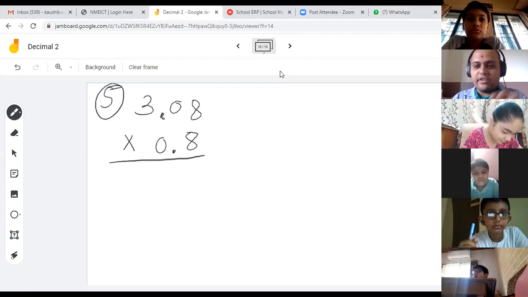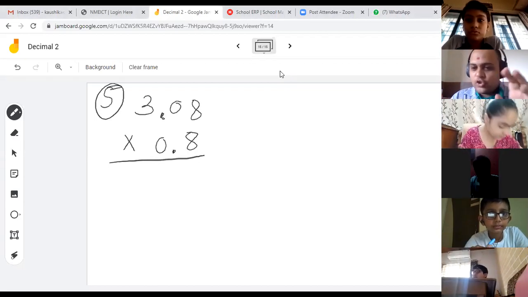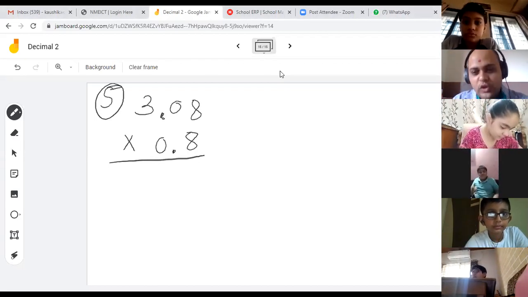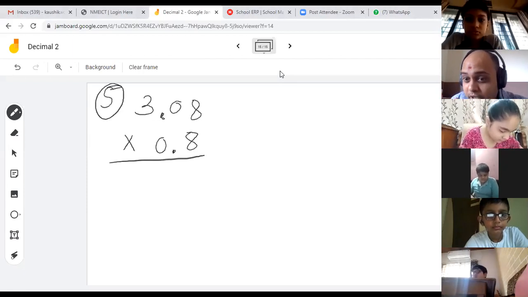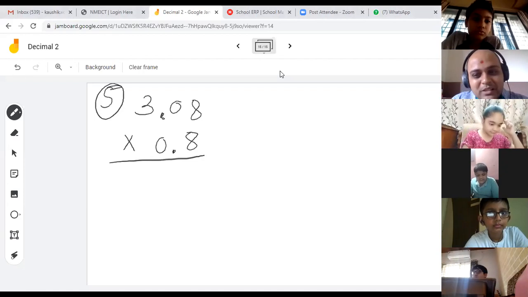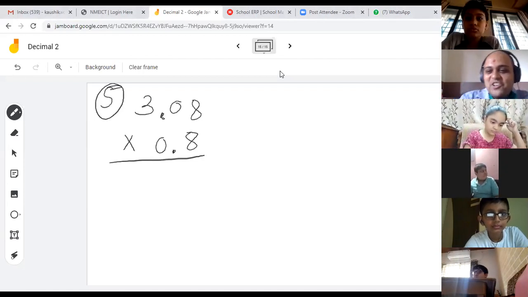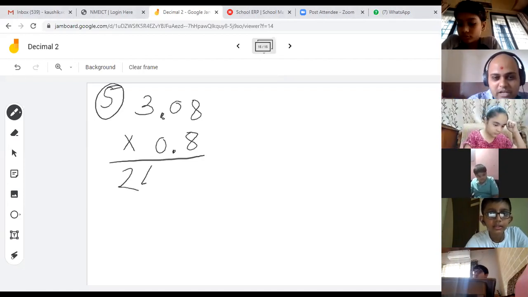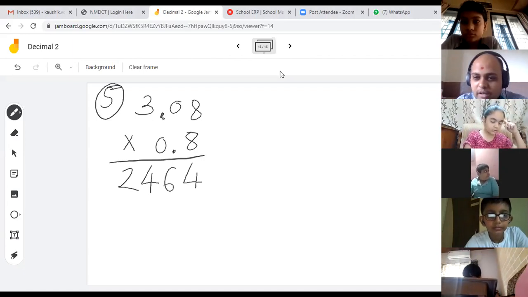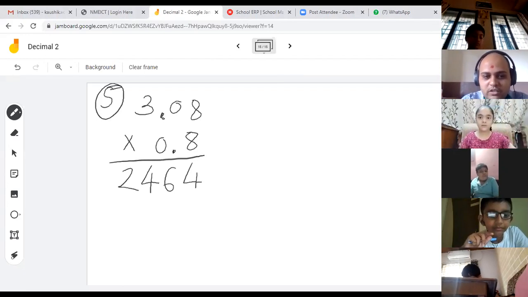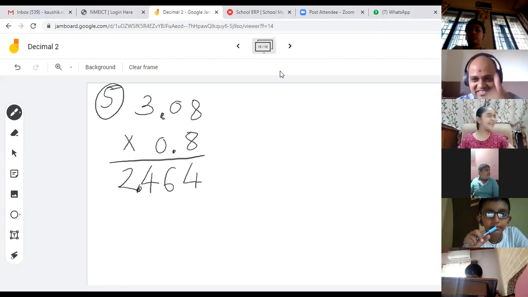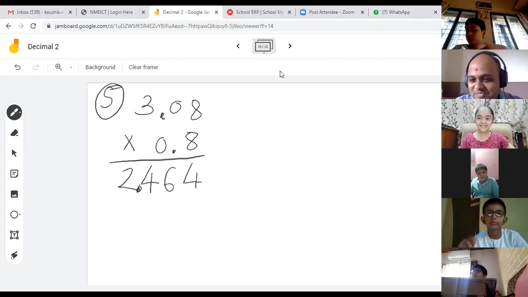Okay, all you have to do is multiply this one, 308. Hold on a second. 308 multiplied by 8. So 300 times 8 is 2400 and 8 times 8 is 64. Mental math multiplication. Okay, so the multiplication answer is 2464. Now count the number of digits: 1, 2 and 3. So 1, 2 and 3. 2.464. Correct. Done. Good job.